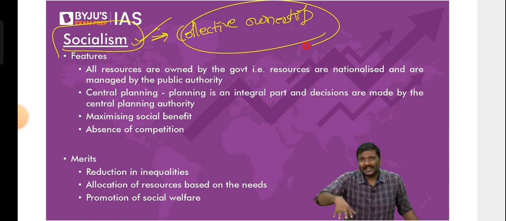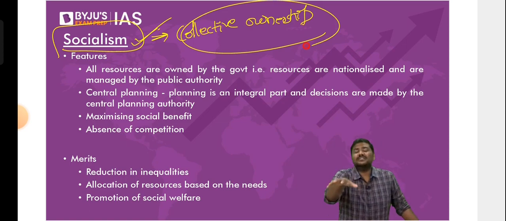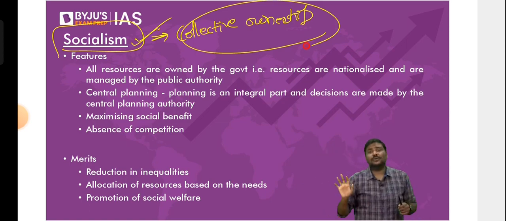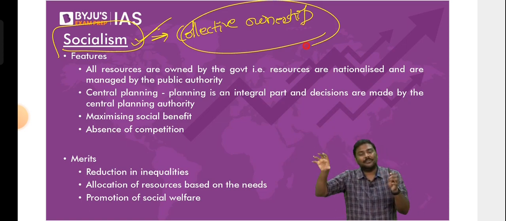Is there a true socialistic economy right now? No, there is no true socialism today. But very close examples of socialism are earlier Cuba and Venezuela, where the government decided how many goods will be produced, what kind of goods will be produced, and what kind of goods you people will consume. So whenever the answer to these questions is government, the idea is simply socialism.